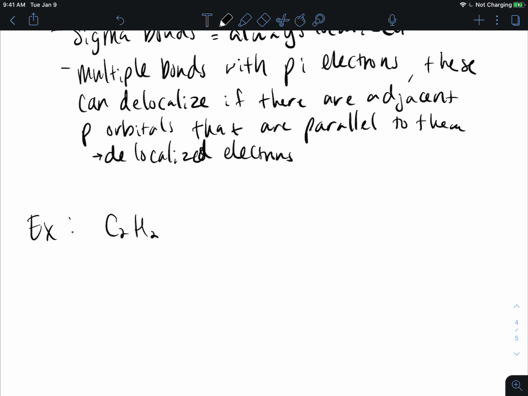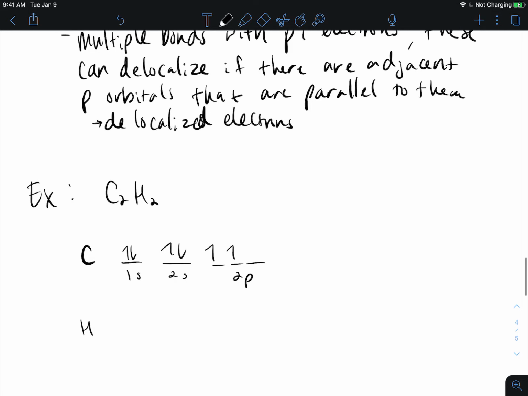So if we have C2H2, we have carbon with the electron configuration 1s, 2s, 2p, like so. And then each of our hydrogens are 1s. Okay. So through hybridization,